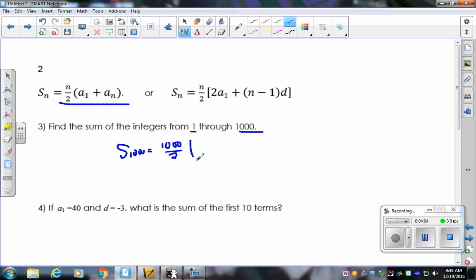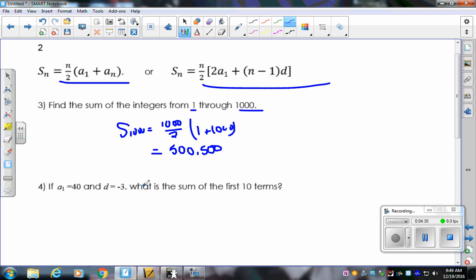The first number is 1, the last one is 1,000. So now I'm just doing the math. I'm really just doing 500 times 1,001, right? Because that's 500, add them together. So when I do that, I get 500,500. So that's the sum of my first 1,000 numbers in that pattern. And I'm done. Once again, I totally could have found that using the second formula, but I mean, yeah, I